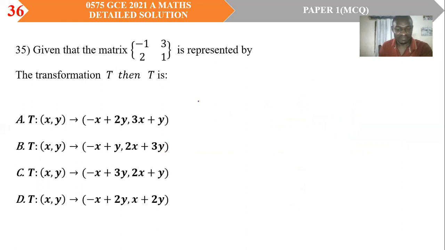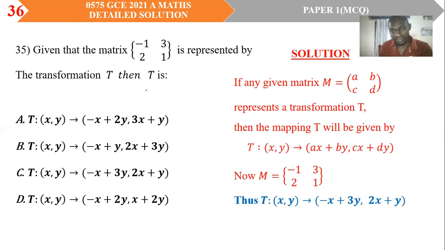Question 35. Given that the matrix negative 1, 2, 3, 1 is represented by the transformation T, then T is... Solution. If any given matrix M equal A, B, C, D represents a transformation T, then the mapping T will be given by: any point x, y will be mapped to ax plus by, comma, cx plus dy. Now, in this case, since our matrix M is equal to negative 1, 2, 3, 1, the transformation mapping defining each general point x, y will be given by